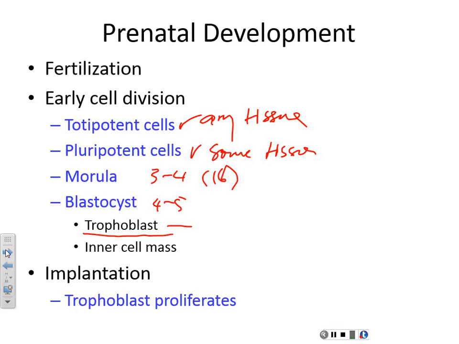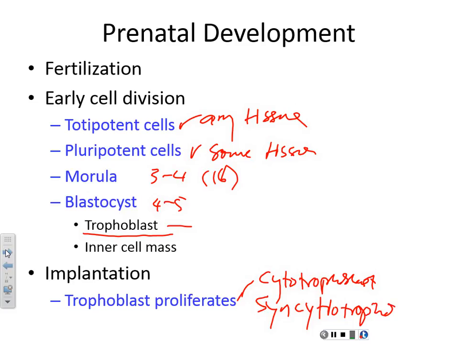Okay, the trophoblast will start to proliferate, and it will produce those 2 cell types, the cytotrophoblast, which is the actual cells, and the syncytial trophoblast. Okay, the syncytial trophoblast will be cells with no plasma membrane. These are the ones that will mesh into the endometrium. Okay,